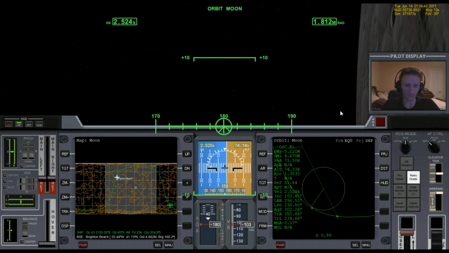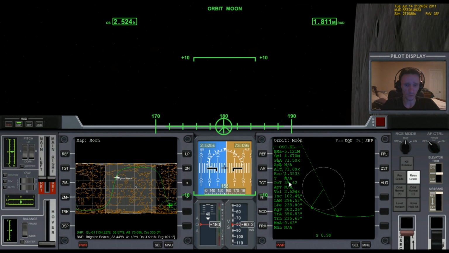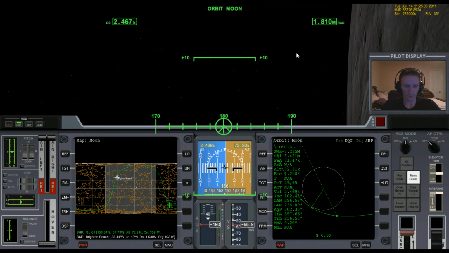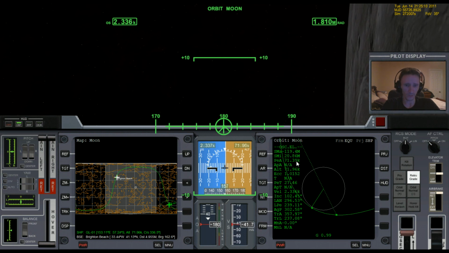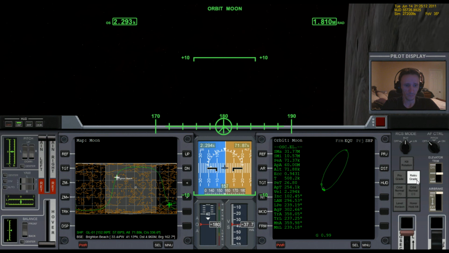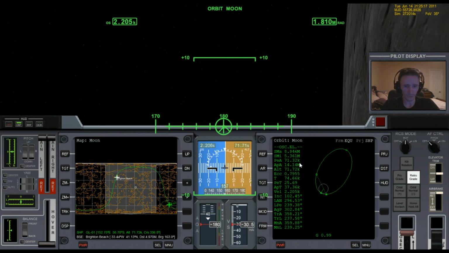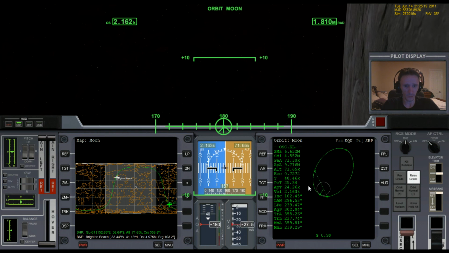And just like the tutorial says, once you get around here, about to that point, you can engage the main engines and actually close in the orbit. And we'll go with something like that. May have started the engines a little bit too soon. And something the tutorial didn't tell you, but I'll tell you, if you see your periapsis going down like that, if you don't want it to, what you can do, I'll show you here in a moment, if it starts going down too much, is you can turn off the retrograde,